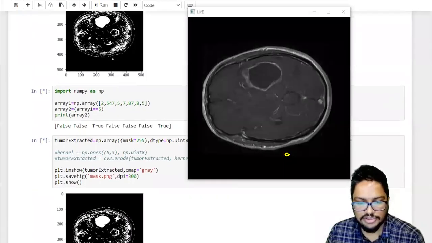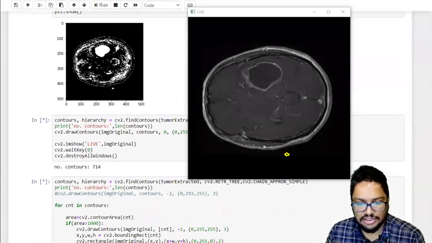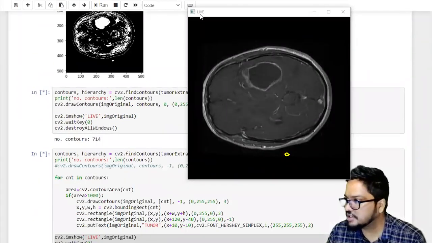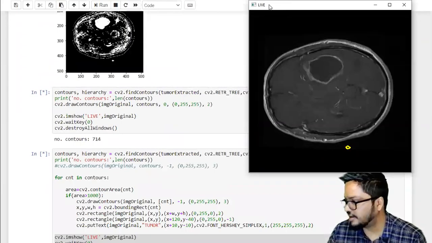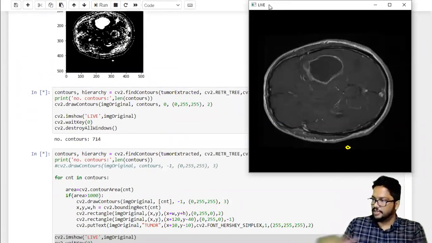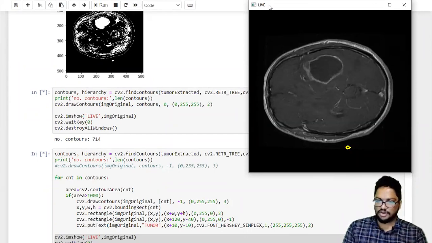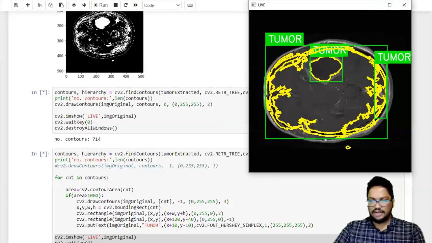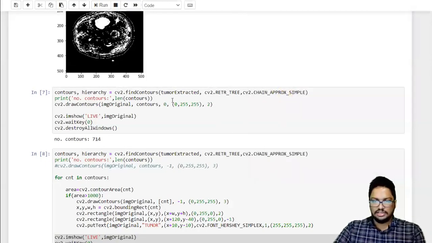See, can you see? So it just draws the first contour. 0 is the one, right? So the first contour in this image, right? The first contour of this image out of 740. So shall we print the